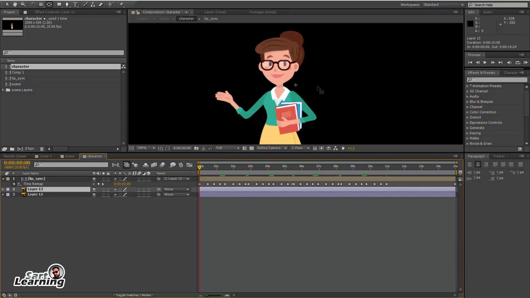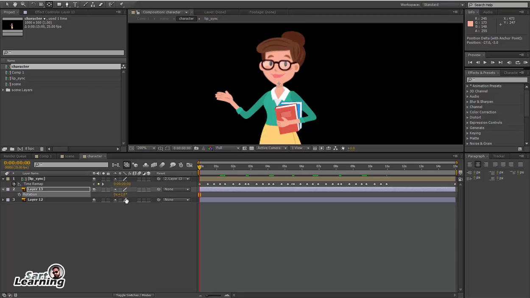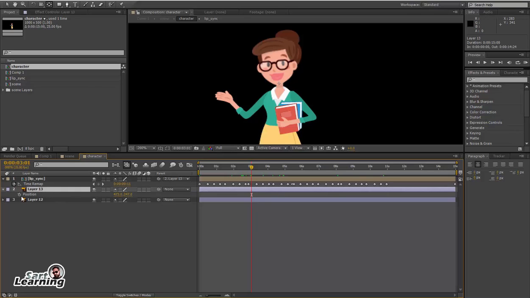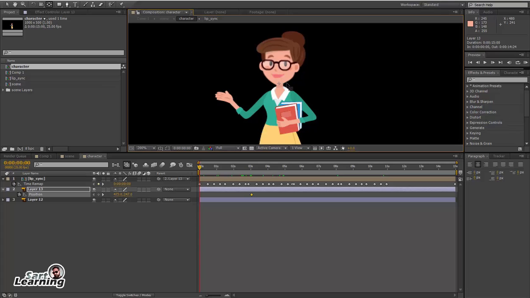Now parent the lips to the face and animate the face, moving the center point to the neck pivot. So you can animate the rotation. Now the lip sync and the head animate accordingly. I'm also giving some animation on position.